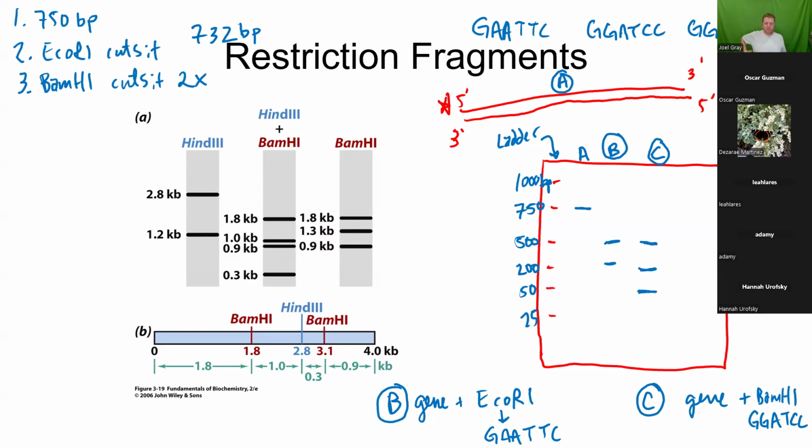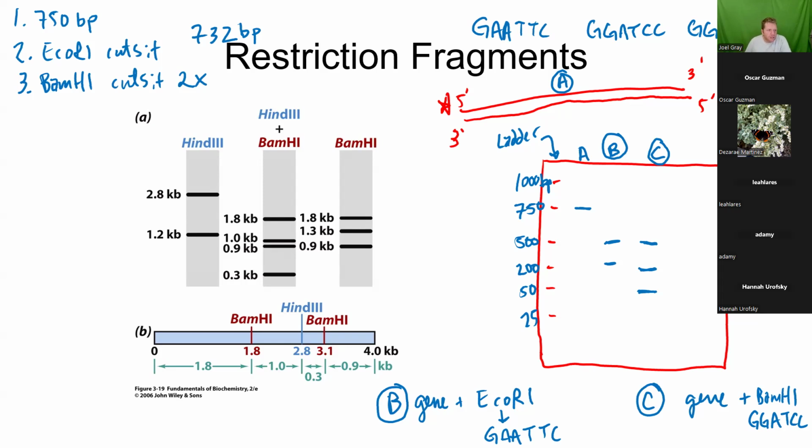Now, this is something that gets very, very complicated because you do a digestion with just EcoR1, and then you do a digestion with EcoR1 and BamH1. And depending on the results of that, you're able to piece your DNA back together and visualize, okay, based on this banding pattern, this is where these different sites are. So that's the process of restriction mapping, where you basically take a piece of DNA and